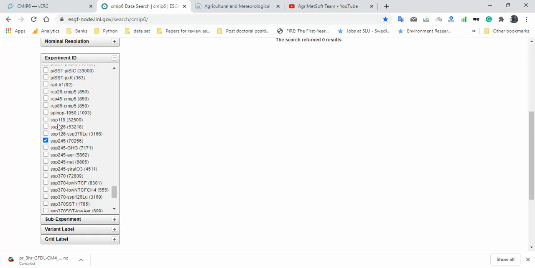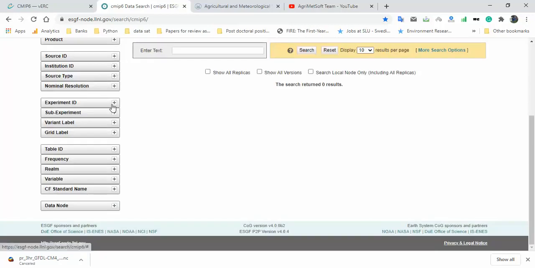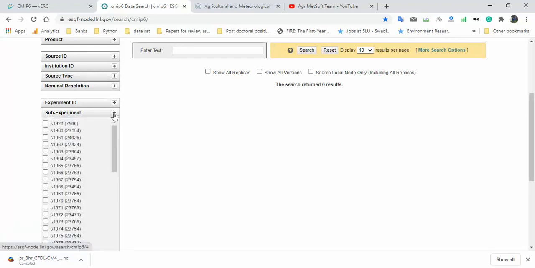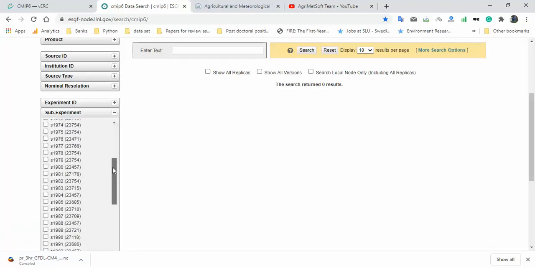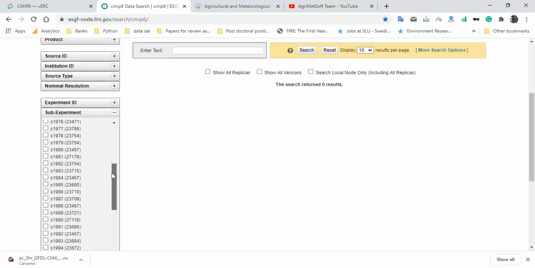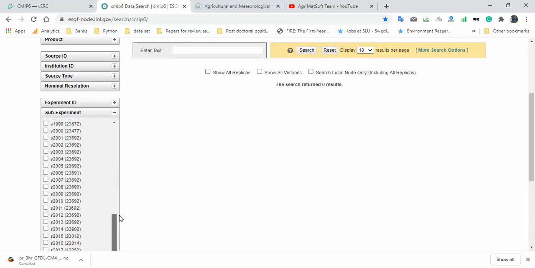If you want to use another SSP, such as 26, or maybe the rest, 17 and the others, you can select the others, okay? So in this sample, both historical and SSP 245 are sufficient for my sample. After experiment ID, you need the sub-experiment. If you want to use decadal or maybe for a decade, you can select some of these sub-experiments, but